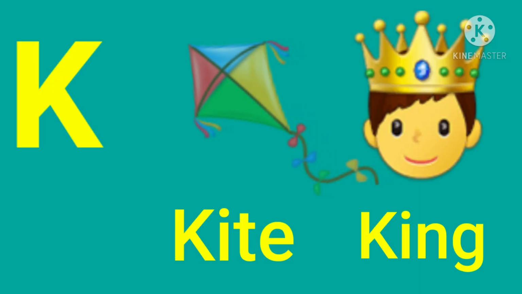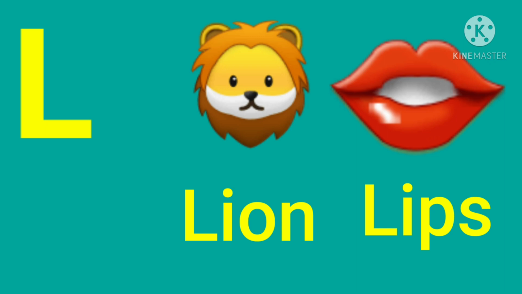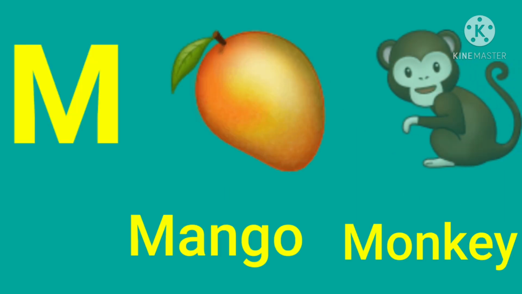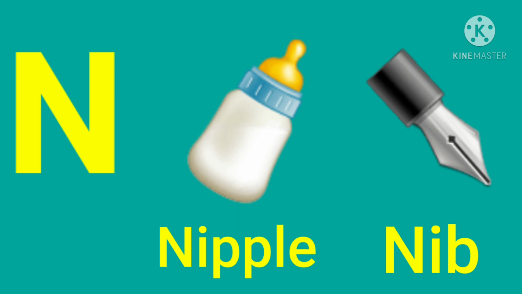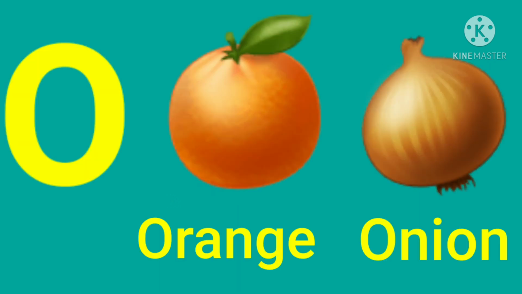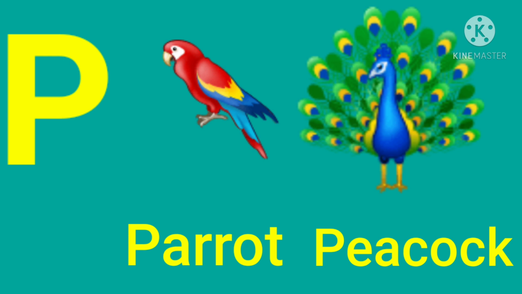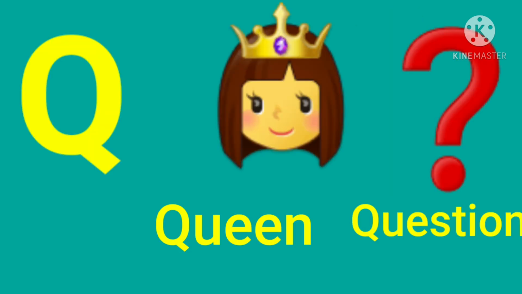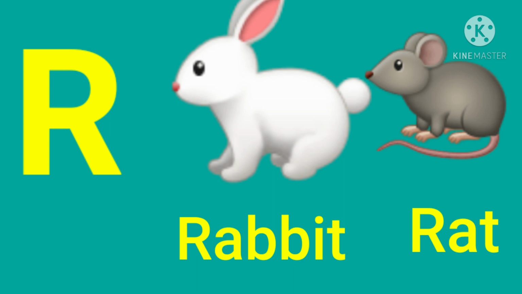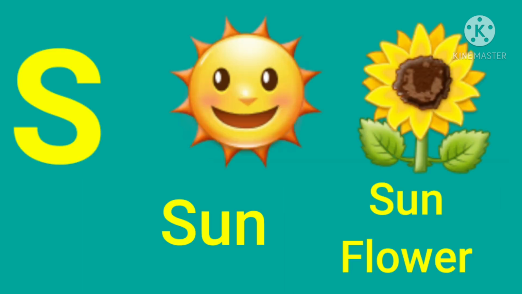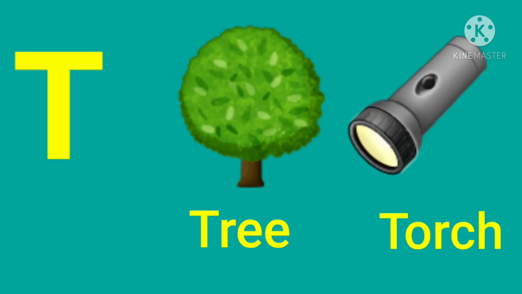joker, K for kite, K for king, L for lion, L for leaves, M for mango, M for monkey, N for nipple, N for nib, O for orange, O for onion, P for parrot, P for peacock, Q for queen, Q for question mark, R for rabbit, R for rat, S for sun, S for sunflower, T for tree, T